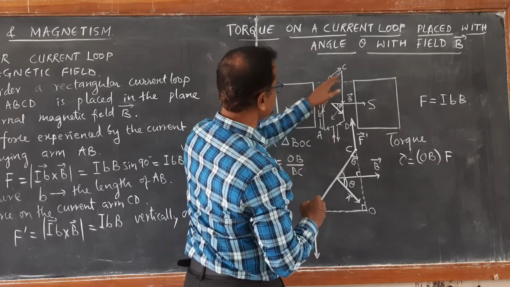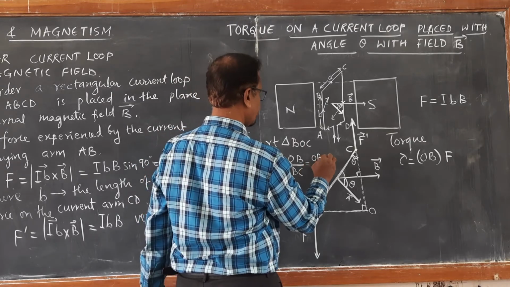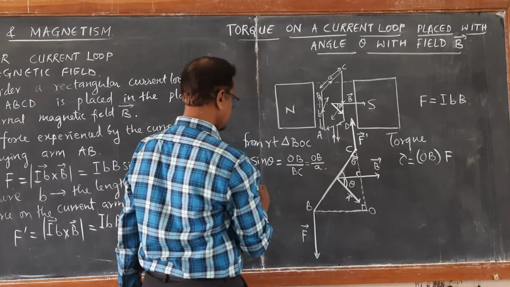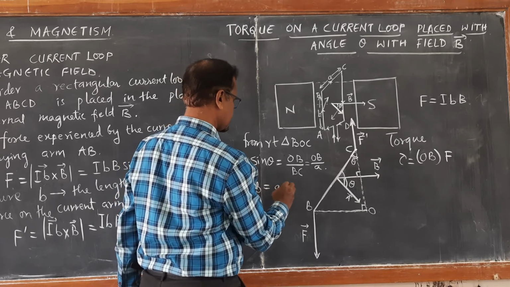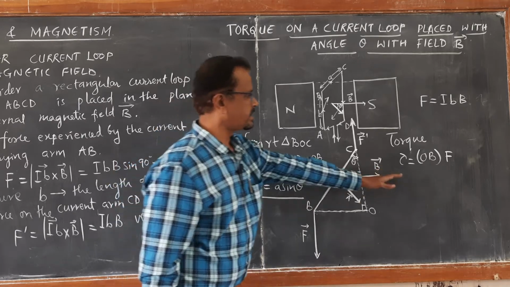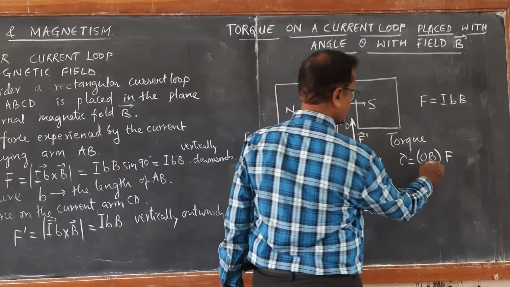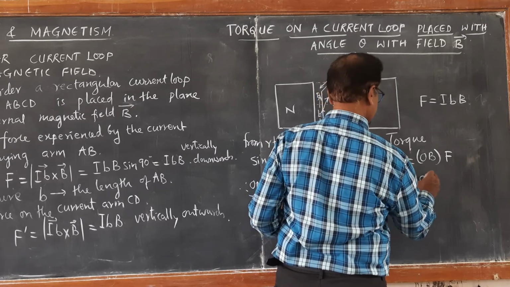What is the value of BC here? BC is a, therefore it becomes OB divided by a. Therefore OB is equal to a sin theta. So I can very easily substitute the value of OB here. Therefore torque tau is equal to a sin theta